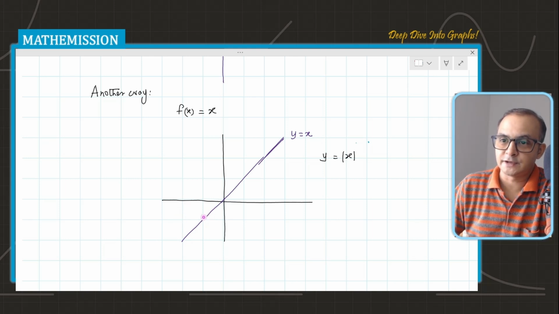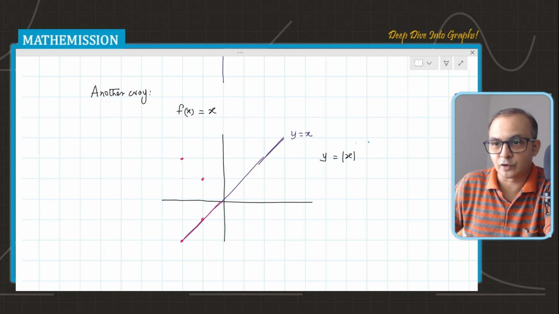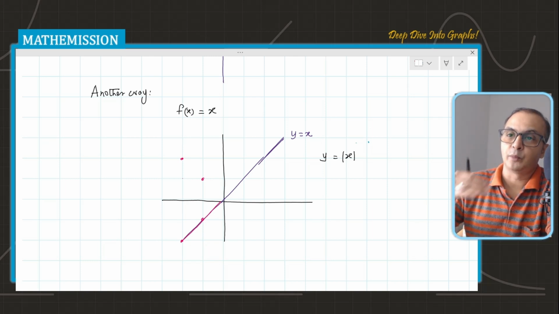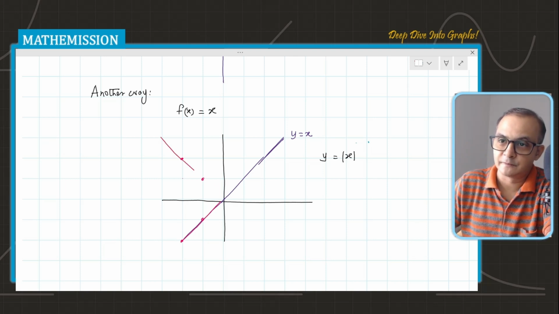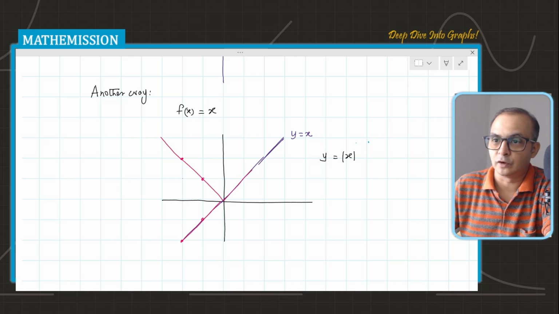So if you see a point here, it will not give you the same point. Now it will give you the image of that on the other side of the x-axis. It means if I'm taking this point here, I have the image here. If I'm taking the point here, the image will be there, and so on. It means you are taking the image of this entire part of the graph, which is below the x-axis, on the opposite side of the x-axis. It means you're taking the image of it, and that will be the complete graph of y is equal to